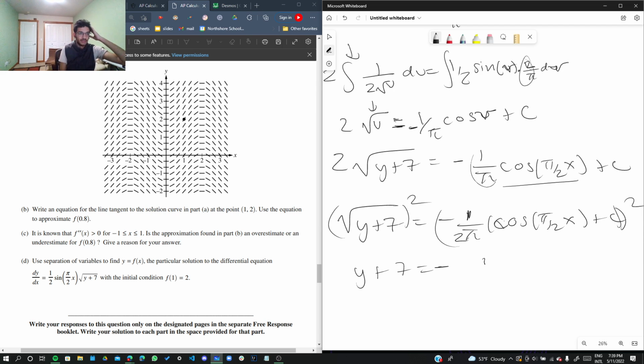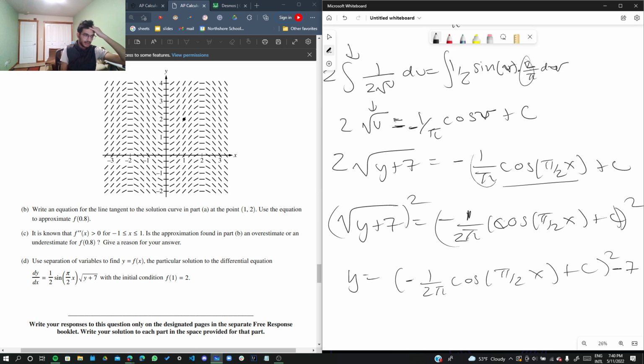So you have this right there. Then you can subtract 7. But I'll just do all of it in one step. So y is equal to negative 1 over 2 pi cosine pi over 2x plus c squared